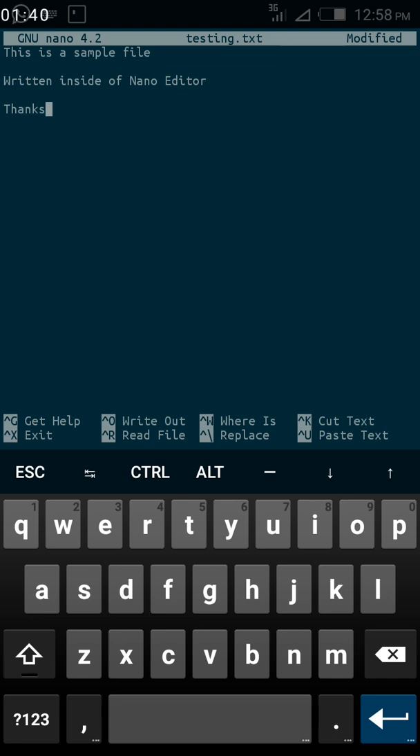So we finished creating our file. Now we want to save the file. Beneath here you can see some shortcuts that explain a few things to do in the file. You see the Control G, get help, Control O, write out, Control W, where is, that is to find